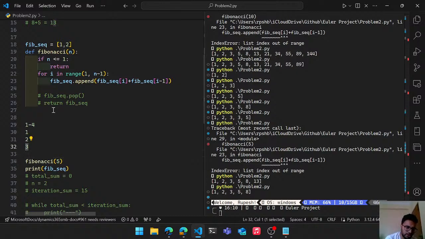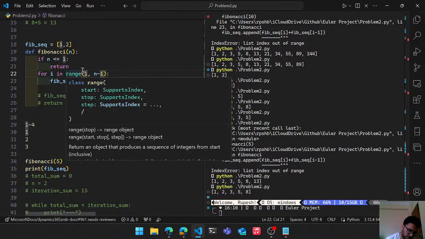Alright, so we don't want it to iterate from 0 and 1. We want it to iterate... It's a little bit confusing over here, because why is that? We should not want it to start from 2, otherwise we'll get an index error over here, right? So what we actually want to do